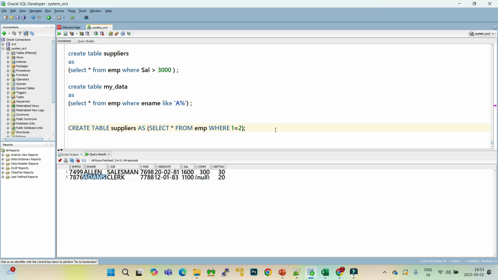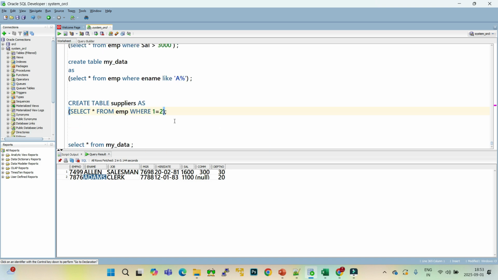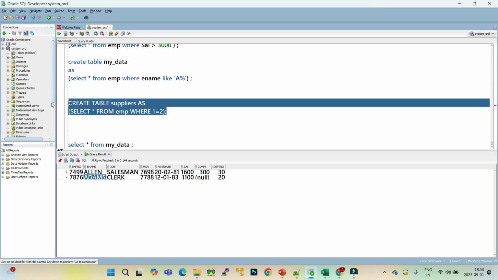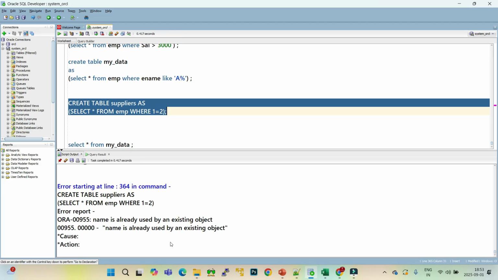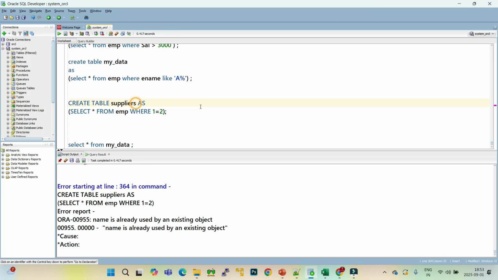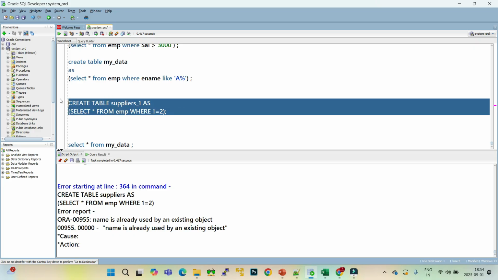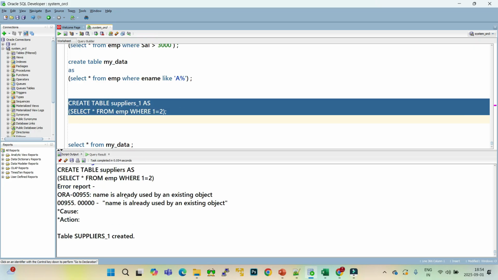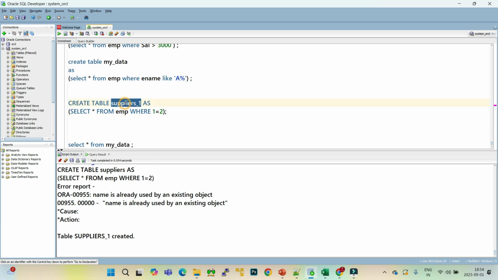Instead of company, let me say EMP, and then just try to read out the code. Code says create table suppliers as select star from EMP where 1 is equals to 2, right? Select the code and run it. It says name already exists, so we have a table with the name of suppliers. You can say _1. Simply select the code and run it. We have a table created called suppliers _1, right? Suppliers _1. Let me copy this